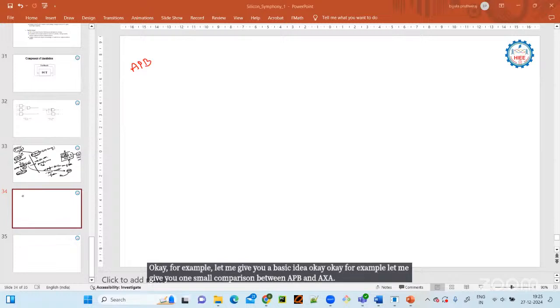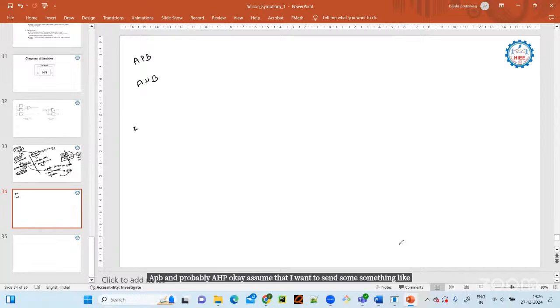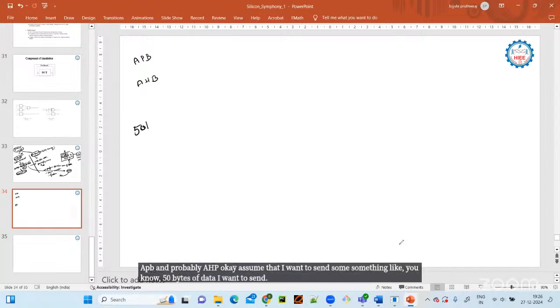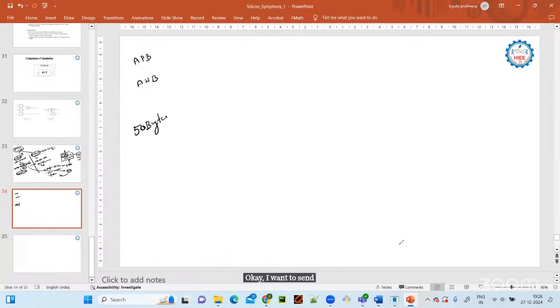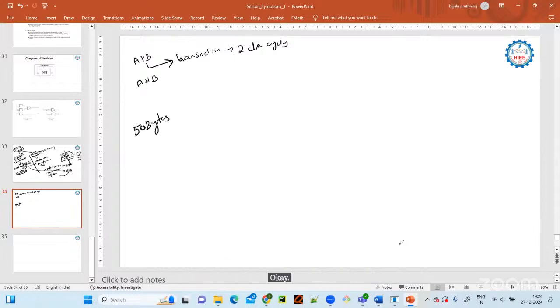Let me give you a small comparison between APB and AHB. Assume that I want to send 50 bytes of data. If it is APB, for every transaction in APB, I need 2 clock cycles. For example, see here,